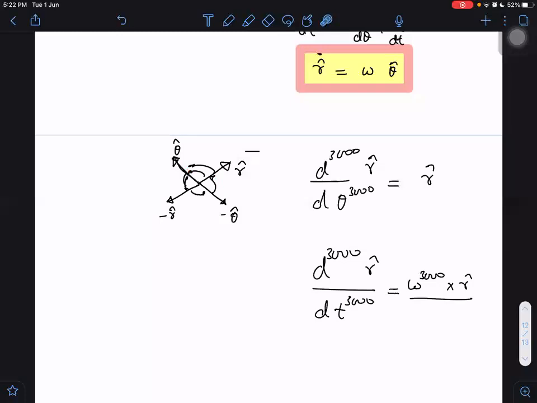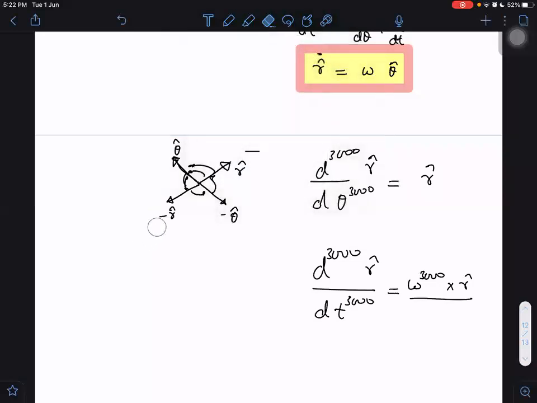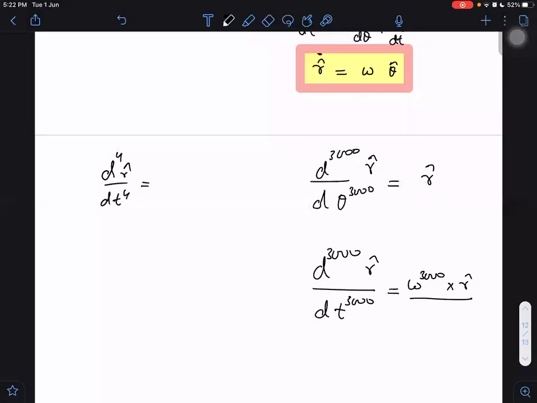Okay. You got the point? Explain the next one, sir. Yes. The double derivative of r cap is minus omega square r cap. Then if we differentiate 4 times, it will also be minus omega power 4 r cap, sir? If we differentiate d4 r cap by dt4, right? Like that you are saying, right? Yes, sir. That will not be that. That will be omega raised to power 4 into r cap.